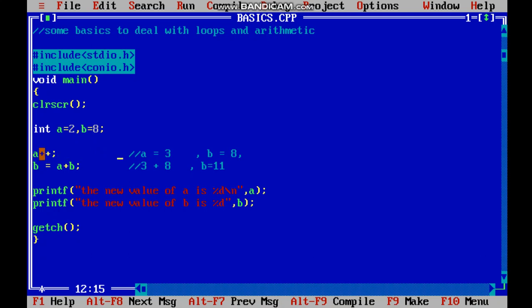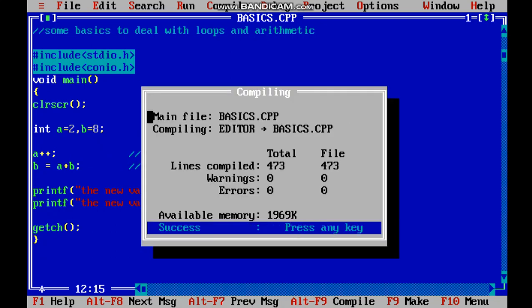It means the value of a will be increased by 1. Whatever the value of a is, it will be increased by 1. A plus plus means the value of a is increased by 1. Let us check whether we are right or wrong. Alt F9, success. Control plus F9. See, the value of a is 3, the new value of b is 11.